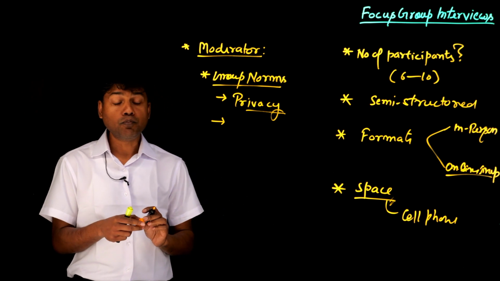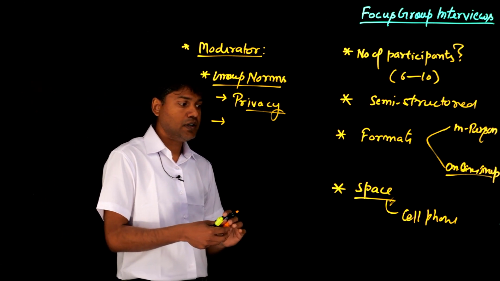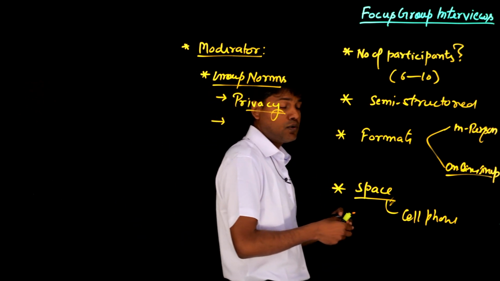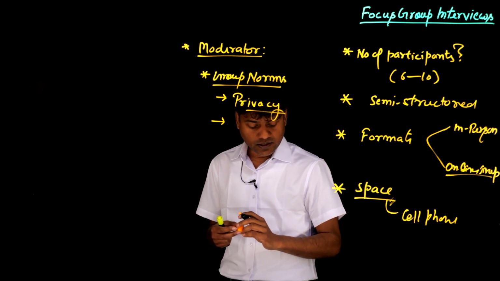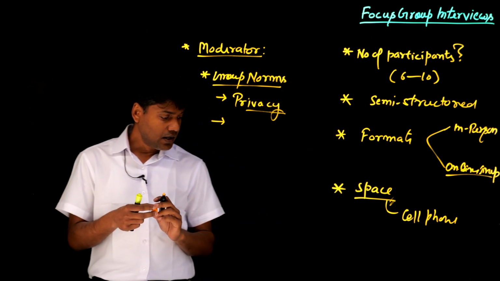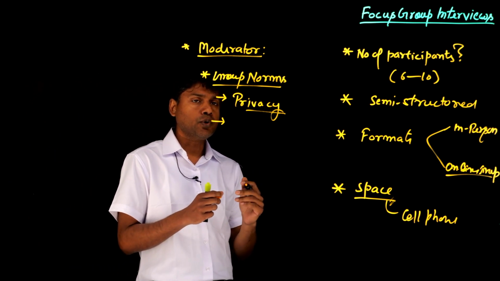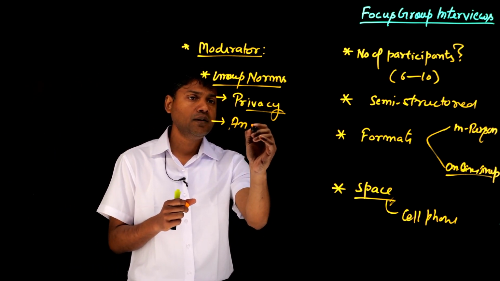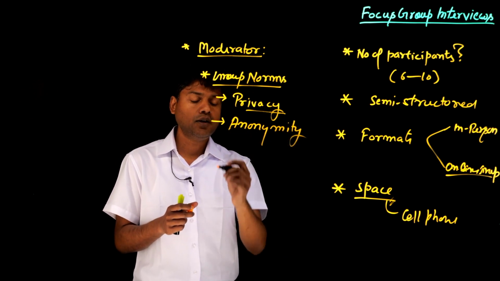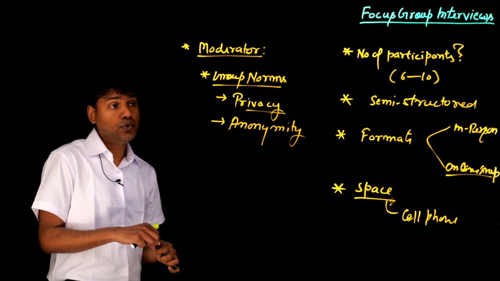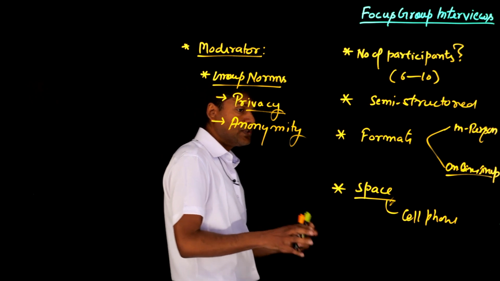So a group member who is part of this discussion is not supposed to go out and talk about what other people in the group talked about. So privacy is an important consideration. Another thing to keep in mind while talking about group norms is anonymity. Anonymity meaning that I, as a group interviewer, can emphasize this point that whatever group members are sharing as